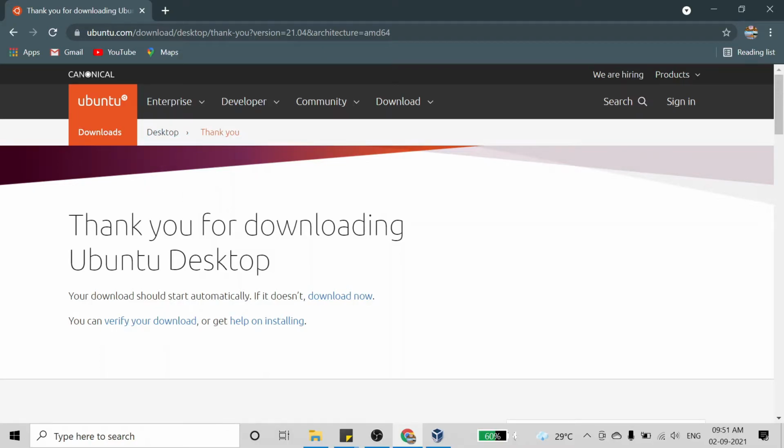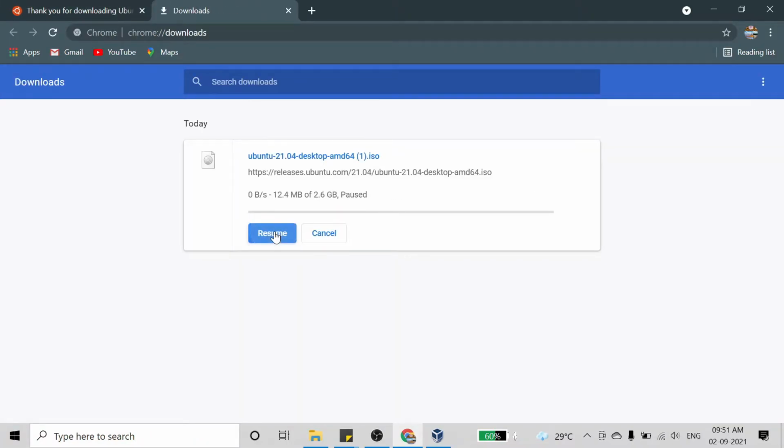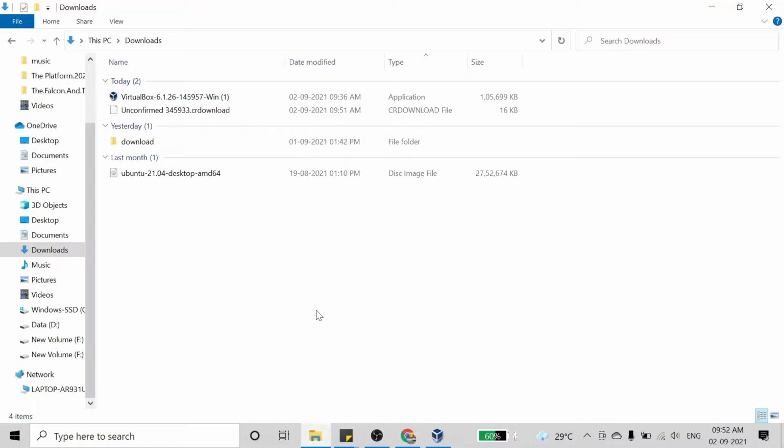So after clicking on the download, you will see that the download will start. It is 2.6 GB, so it will take some time. To save time, I have already downloaded it. So in this downloads folder, you will see